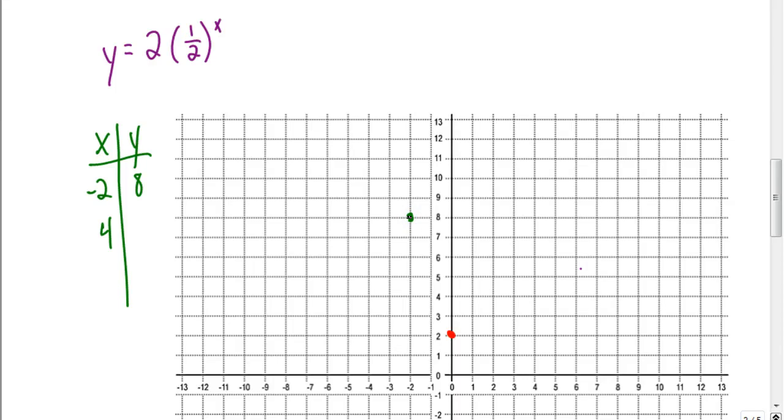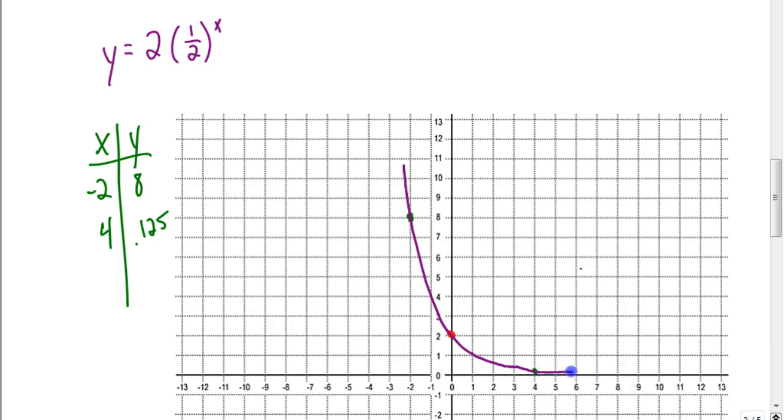So to find another coordinate, I'm going to put 4 in there for x. Well, 2 times 1/2 to the 4th power is going to give me a decimal. And the particular decimal that you get is going to end up being 0.125. Again, you can just plug that in your calculator and you get your answer. So now when I go to connect these,